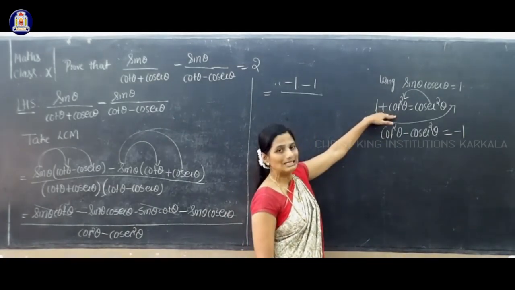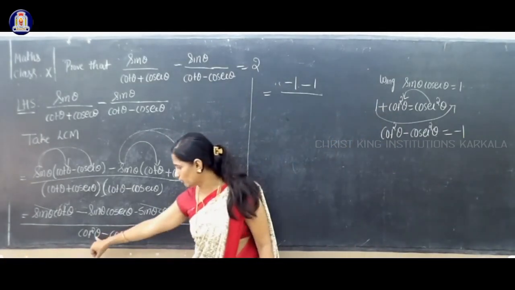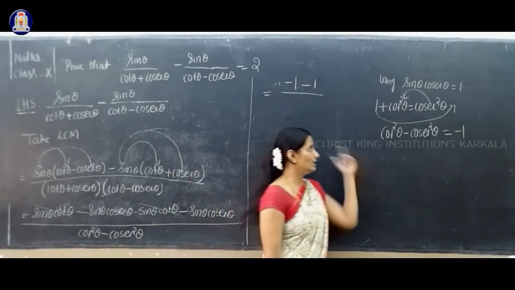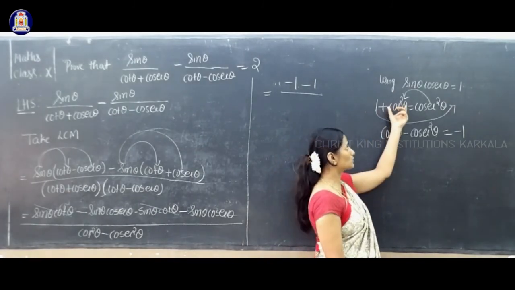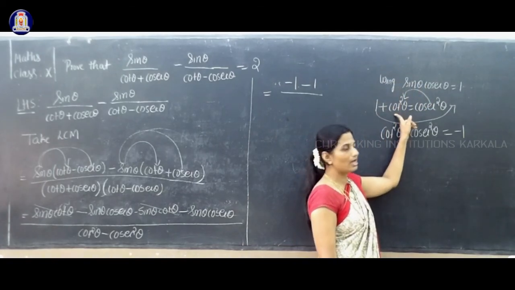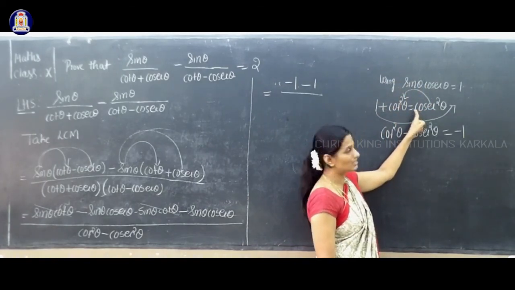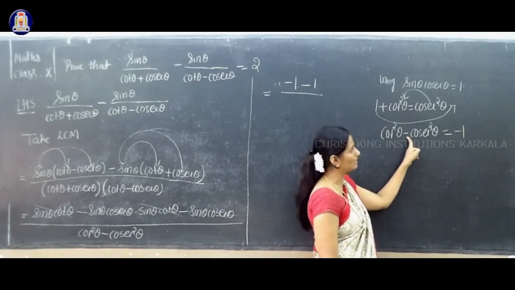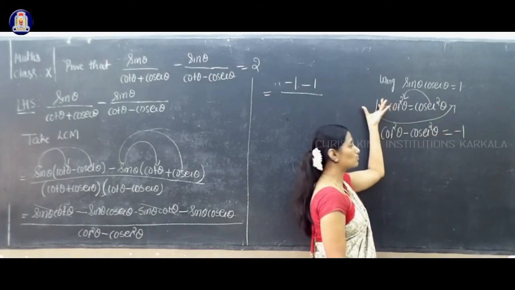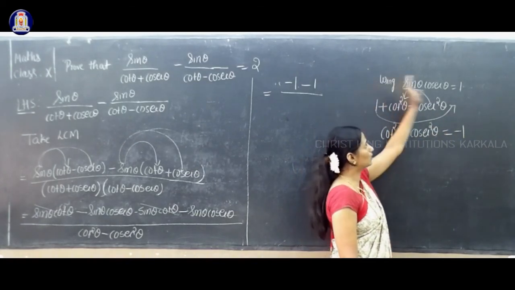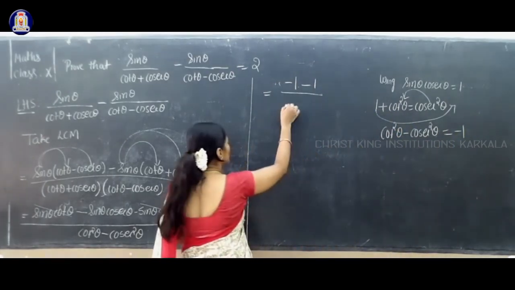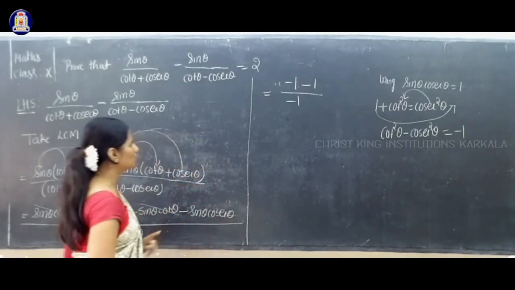Now by this, is it possible to change it into the form cot square theta minus cosecant square theta equal to what I need? Yes. Keep cot square on this side, bring this cosecant square with the cot square, plus cosecant square changes as minus cosecant square theta. I need cot square theta minus cosecant square theta equal to; this 1 is extra, so take it to that side of the equal sign. Plus 1 changes as minus 1. So what is your answer here? Minus 1, by using the identity.